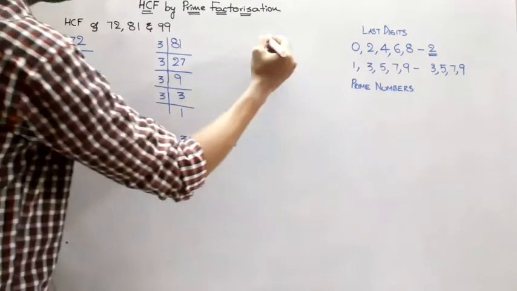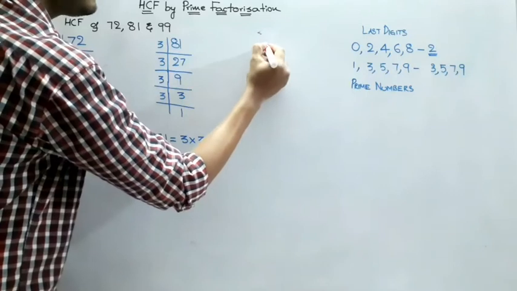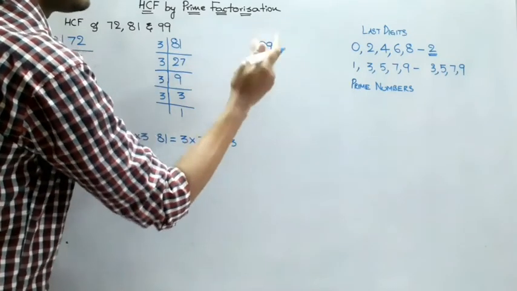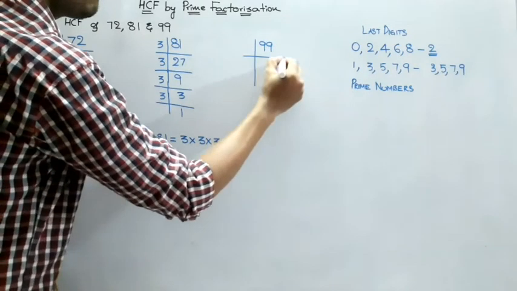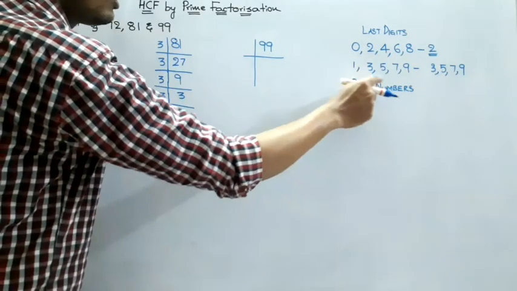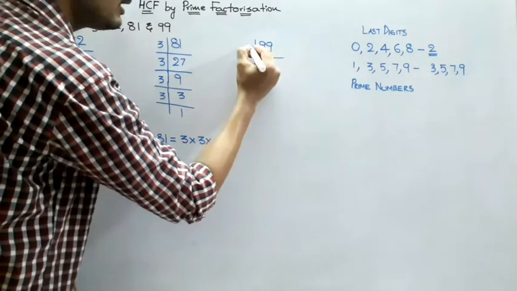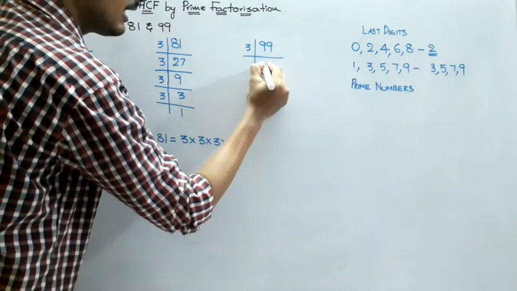Next, 99. So, we are going to check the prime factorization for 99. So, children, what is the last digit? 9. So, it falls in second group. First, we have to check in 3 table. Can we cancel 99 in 3 table? Yes. 3 33s